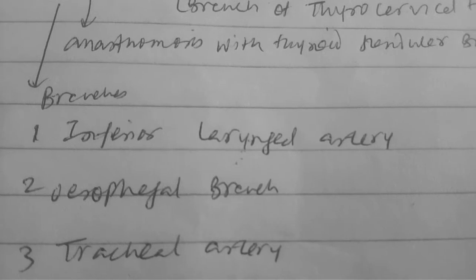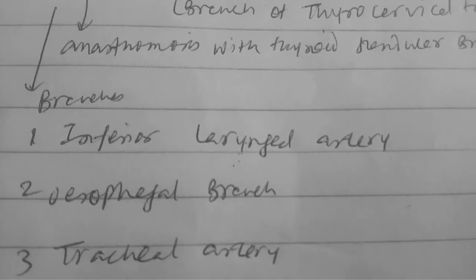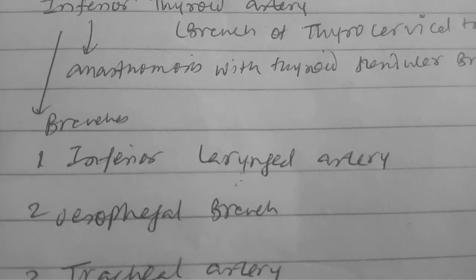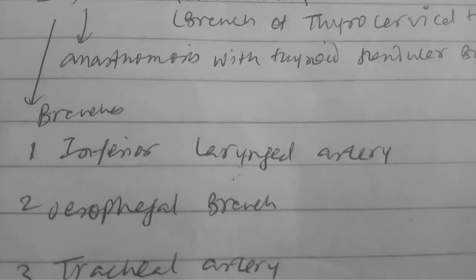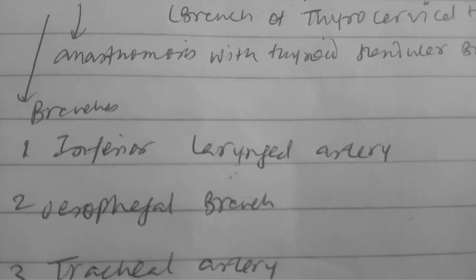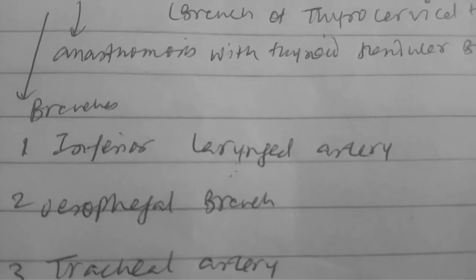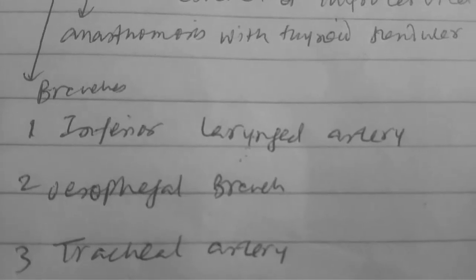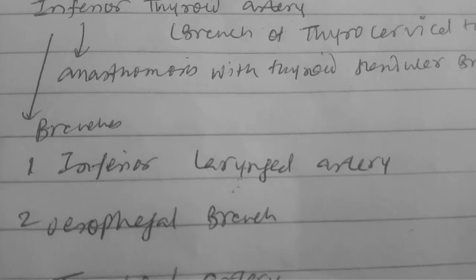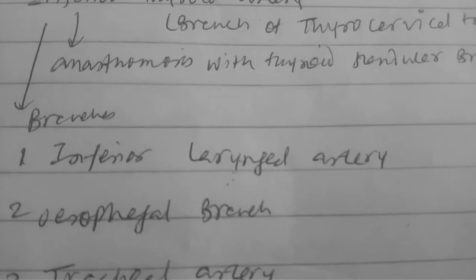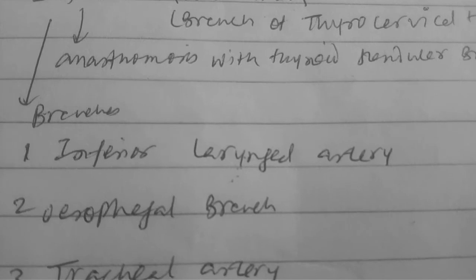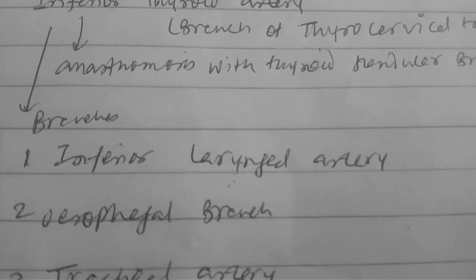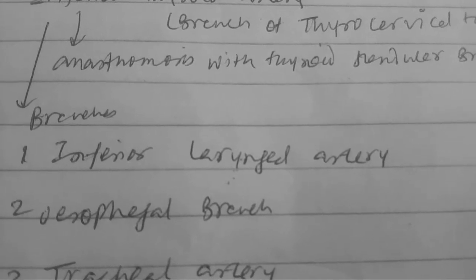So we do not just need the superior laryngeal artery, which was from the superior thyroid artery, but we need something which supplies the lower structures, those found below the larynx. So that's why we are talking about below the larynx and below the thyroid. When we talk about below the thyroid, we must acknowledge the fact that the inferior thyroid artery gives us two more important branches.